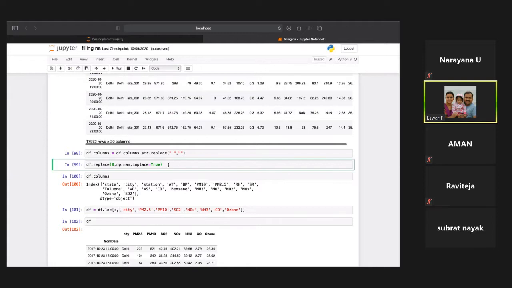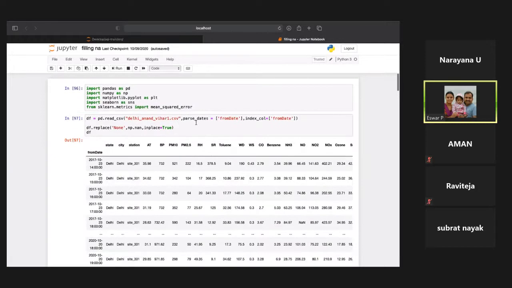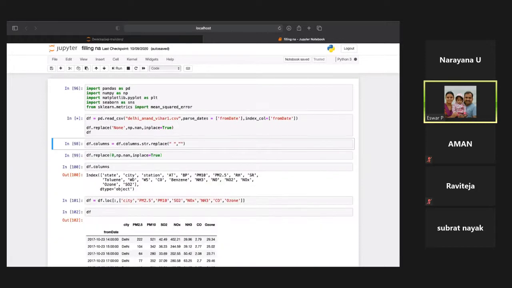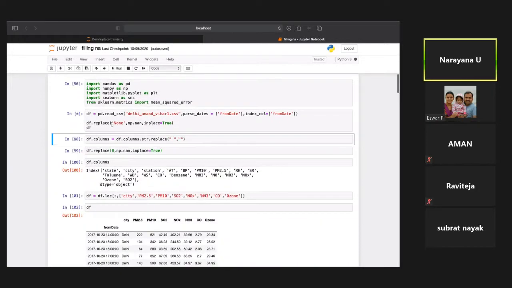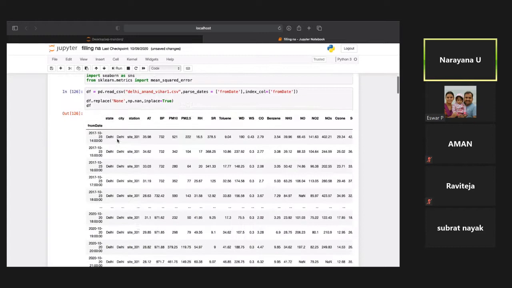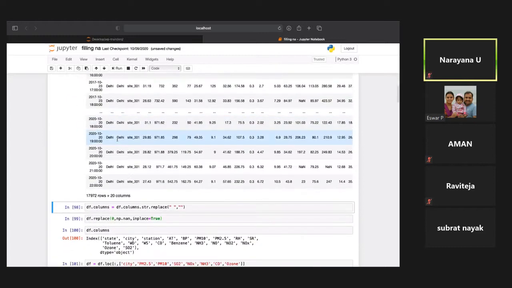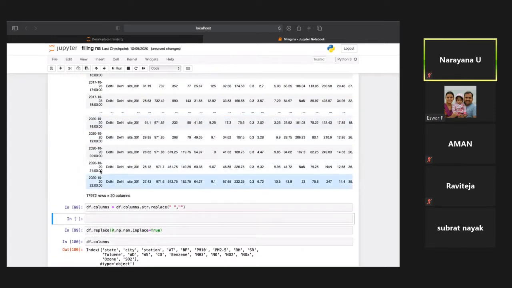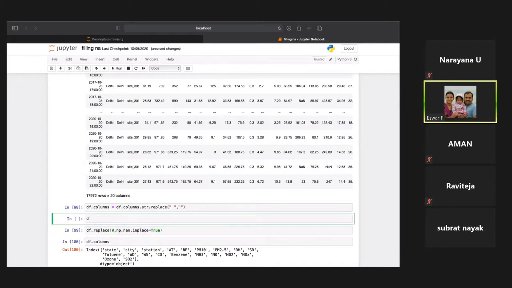So can we filter here, like try to run the first cell reading the file, after this try to filter where the values are 0. It should not come up with any values. Now after replacing, okay, both ways you can do it. How many counts at least can we see?